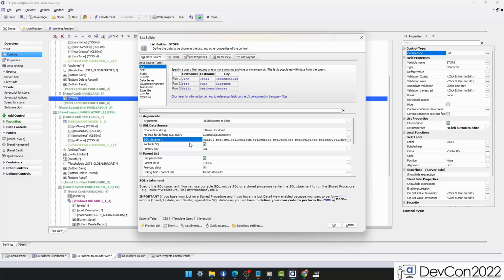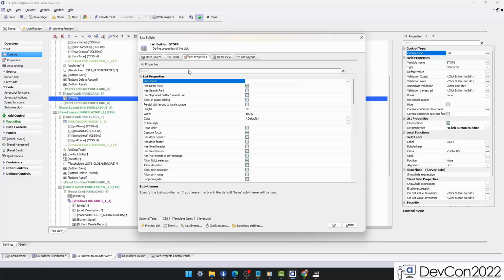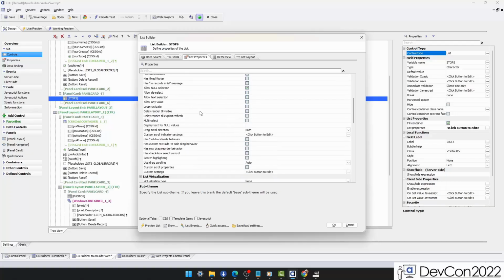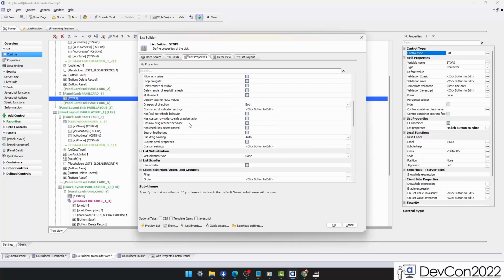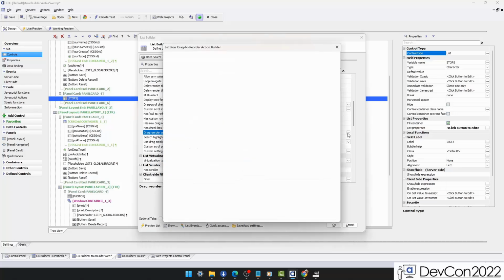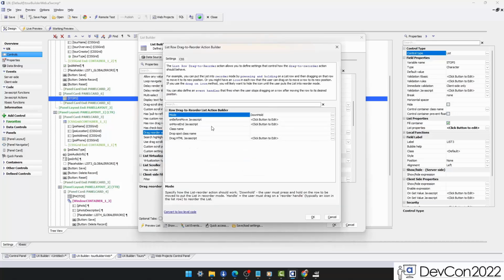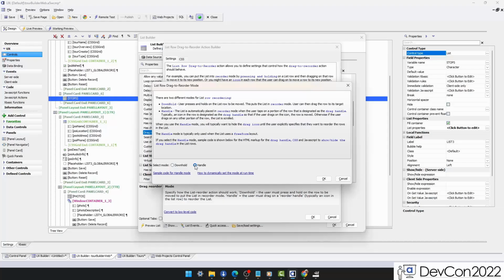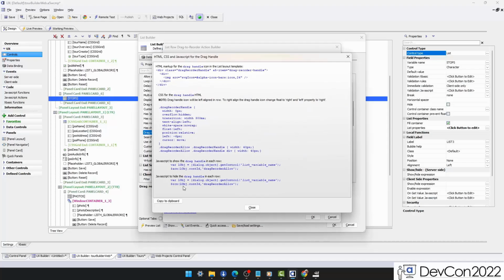So we're going to do that with the drag to reorder property in the list. In list properties, there's a setting down here called has row drag reorder behavior, and if you turn this on, you get access to these drag reorder settings, and in here you can configure how the reorder happens. And there are two options: click and hold, meaning you click and hold the record and then you can move it, or a handle. We're going to choose the handle option, and we'll take the sample code here, we'll copy it